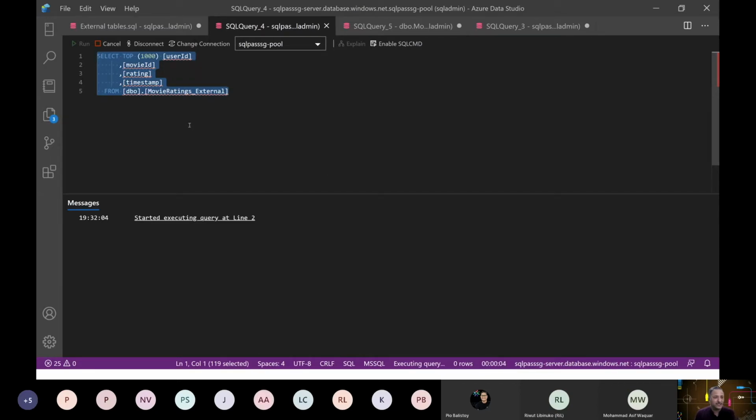So I'm firing a normal select query here on top of that CSV data, and I'm just referring to that as a normal table rather than treating it as a CSV.